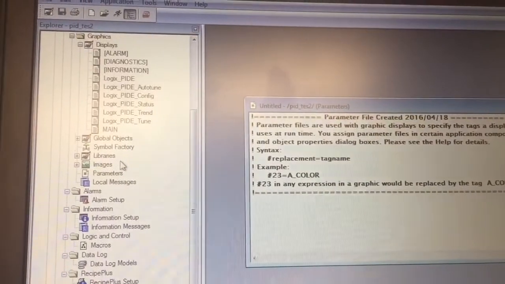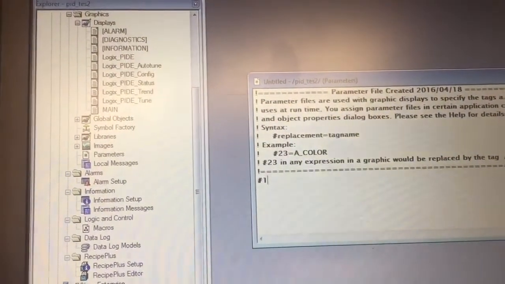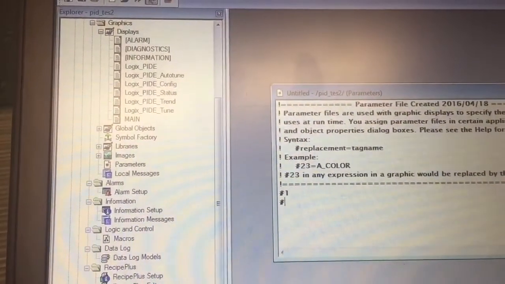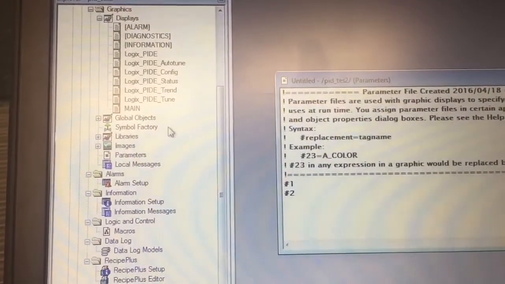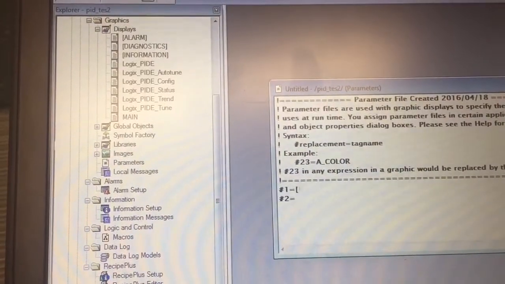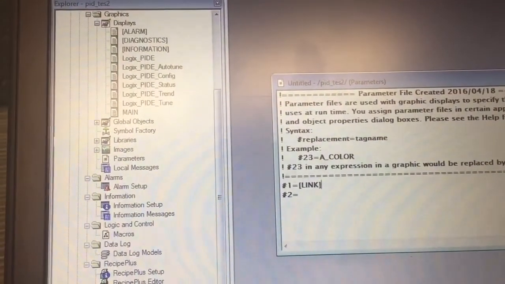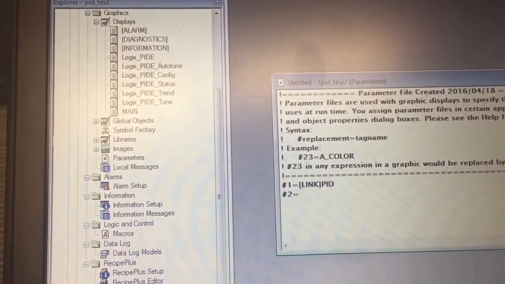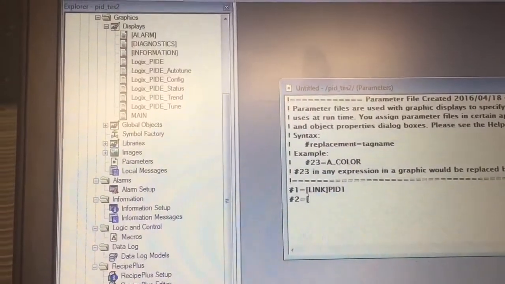Alright, so we enter #1 for the first parameter, #2 for the second parameter. There's going to be equals there. Enter in our link, or our shortcut, PIDE1, and then link